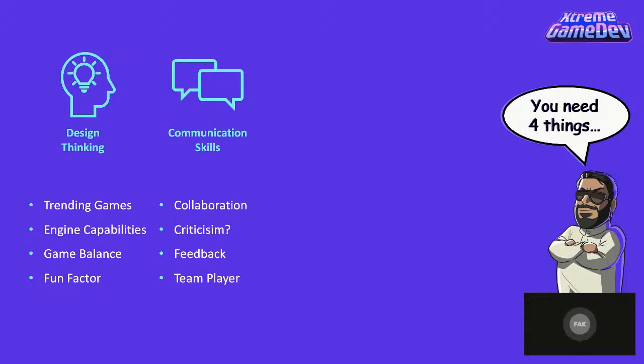The third thing that obviously every game designer needs and will definitely help you get a job is a strong portfolio. So how do I get a strong portfolio if I'm a game designer? Make stuff. Just make stuff. Download Unity, download Game Maker, download Unreal. Try to fool around. Try to make a simple game.